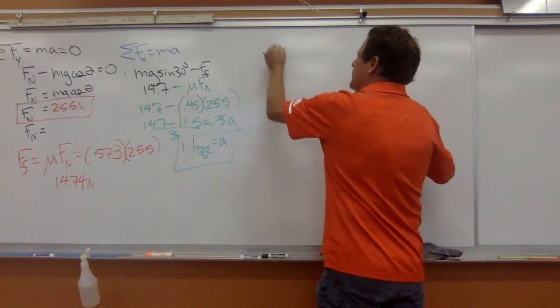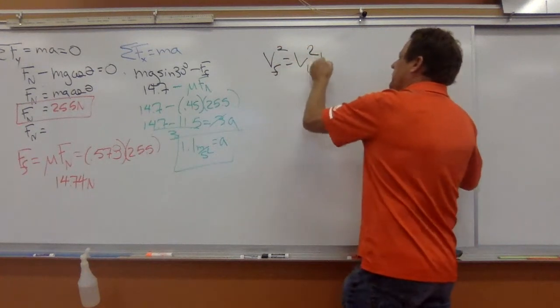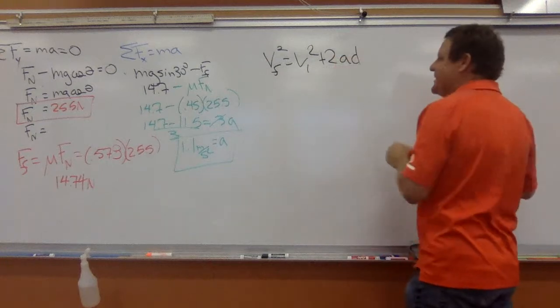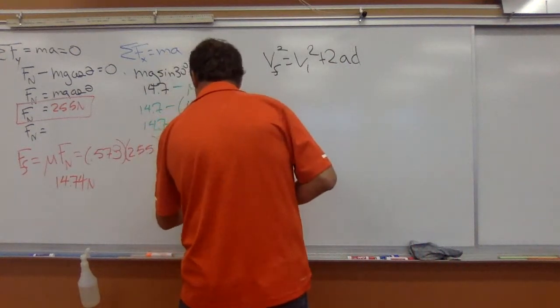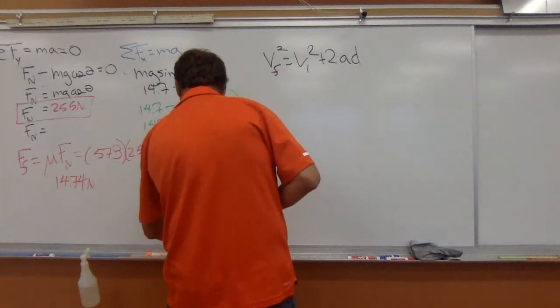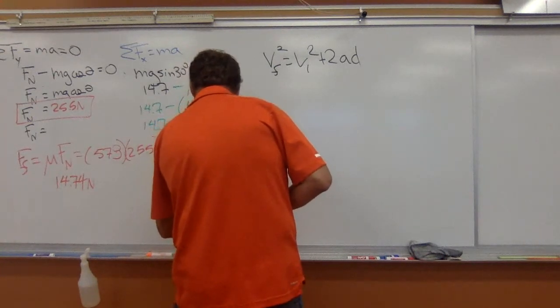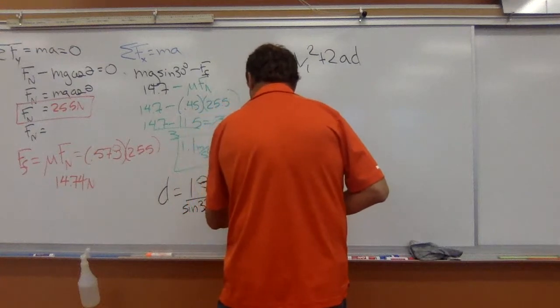We're going to have V final squared equal to V initial squared plus 2AD. And our D is going to equal 1.8 divided by the sine of 30, which is going to give us